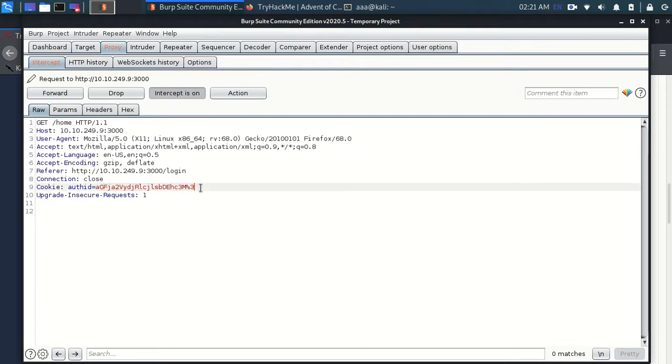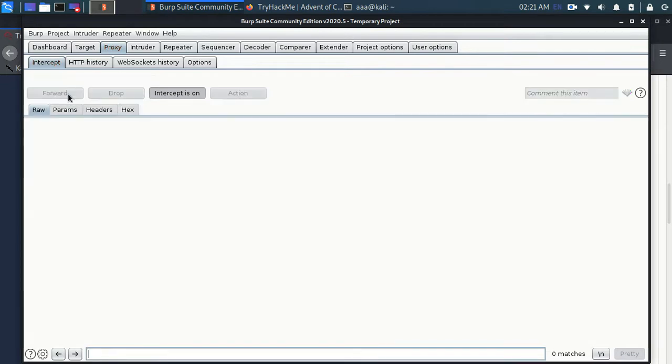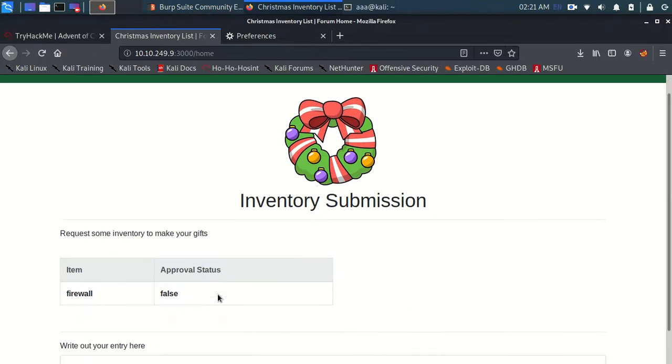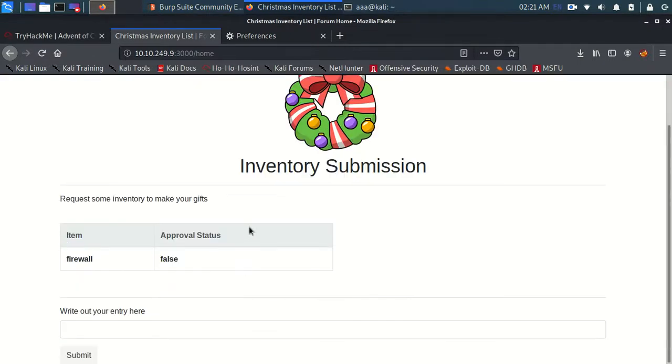Right now, who am I? My username is hacker and my account was ethical@gmail.com. Now my cookie has been changed to make inventory, which is some other user. Now I'm going to forward this, and if we check, I have come into this website and I'm not ethical anymore.